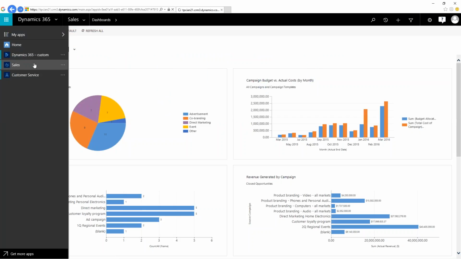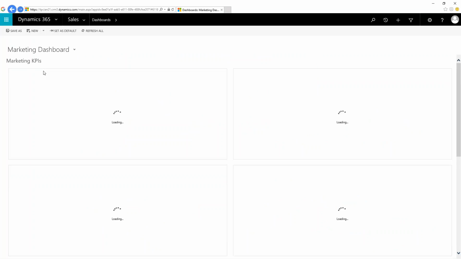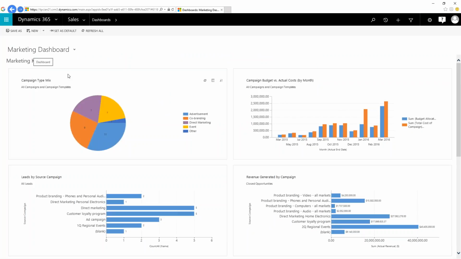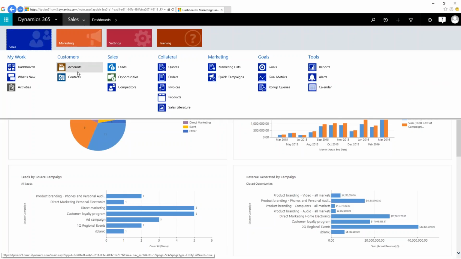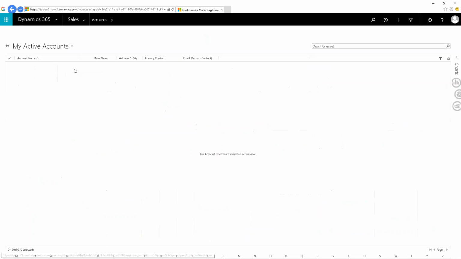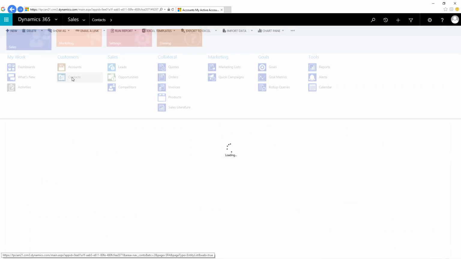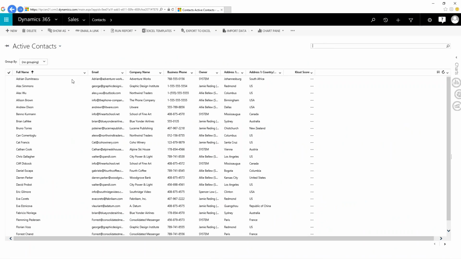To be quite honest, aside from the navigation, there are only a handful of new features. I mean, there are a number of new features, but there's really only one other that I wanted to point out to you, because really I think the interface is the same, the functionality is generally the same. I'm going to go to Accounts. What they have finally been able to do is, actually not Accounts, I turned it on for Contacts. Let's go to Contacts here.